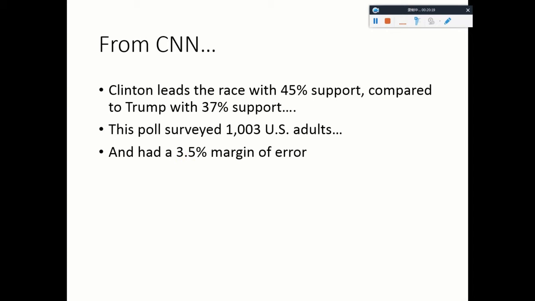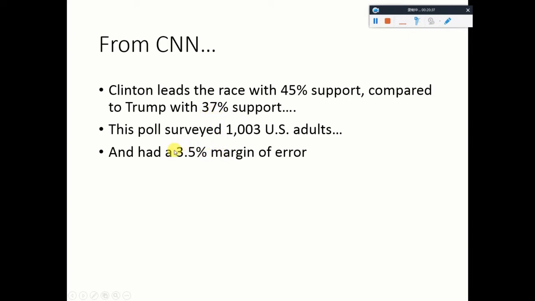So what does it mean? Okay, so this sentence is very clear to us. That's the sample size. This sentence should also be very straightforward. That means it appears that more people are now supporting Clinton than would support Trump.